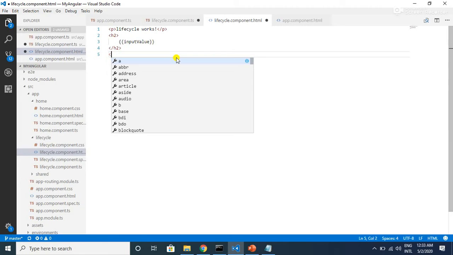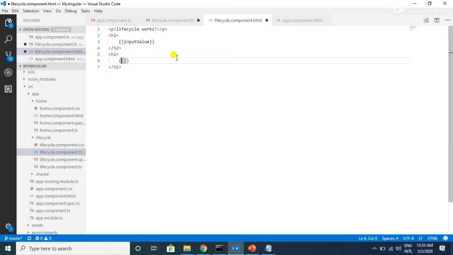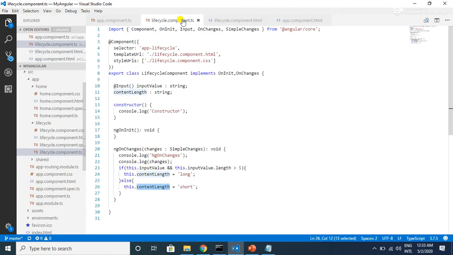Let me create another h2 tag and bind this content length. Text length is, let's save the files and open the browser.